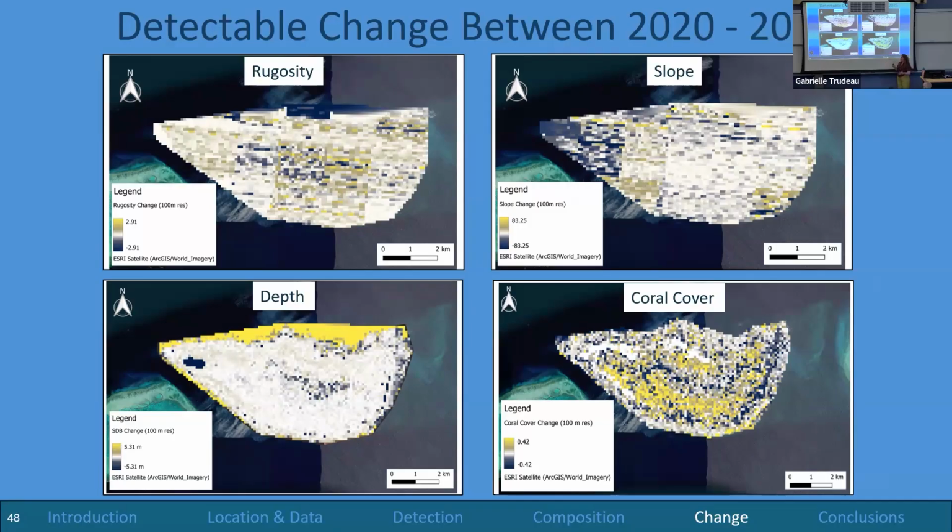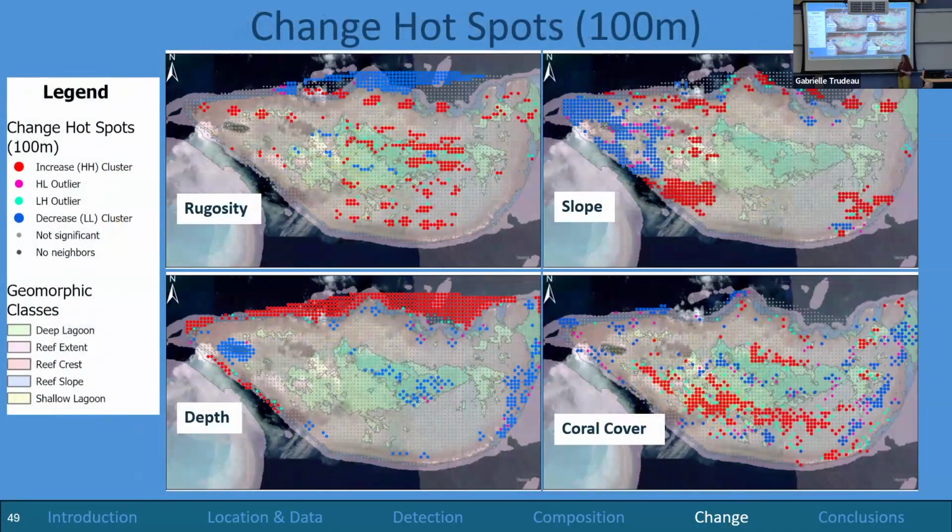And so we start to see some different spatial patterns coming through when we look at this. But if we take this a step further, we can actually apply a Moran's I hotspot analysis to do some autocorrelation detection as well. So I've taken these surfaces, I've interpolated them to 100 meters, and this is because I'm not concerned about fine scale changes. I want a global idea of change across this reef. So each of these dots represents a 100-meter square area.